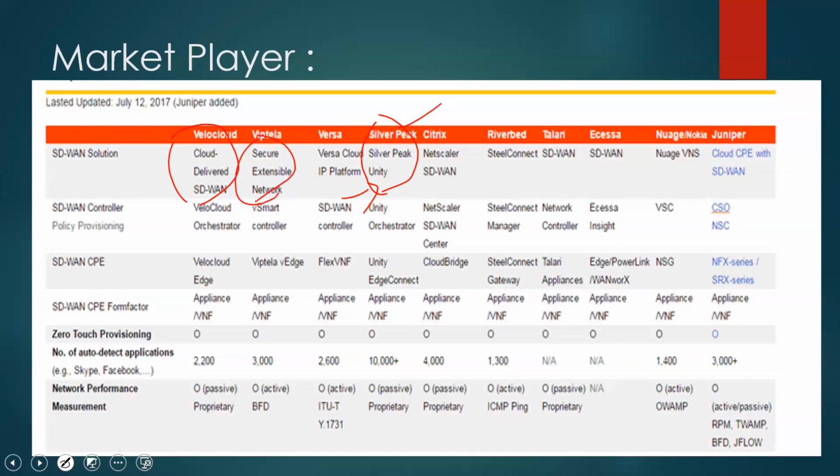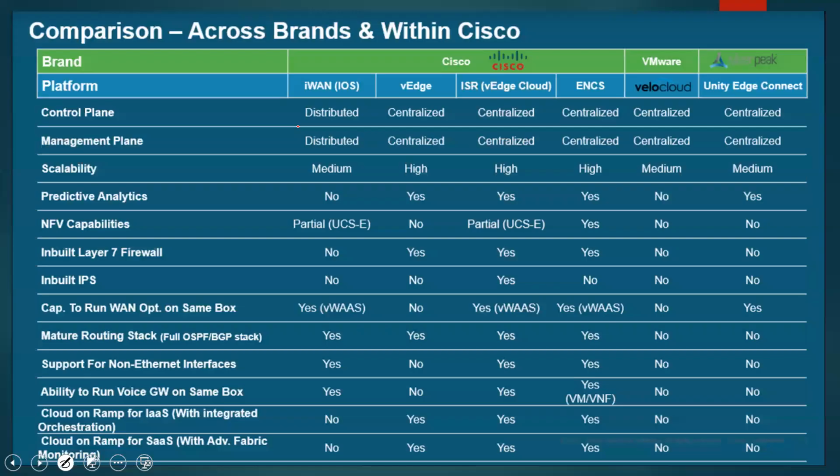Again, there are so many things in Cisco VPTEL. I will see that in the upcoming slide. I have one more slide. Let me go to the next slide. Here